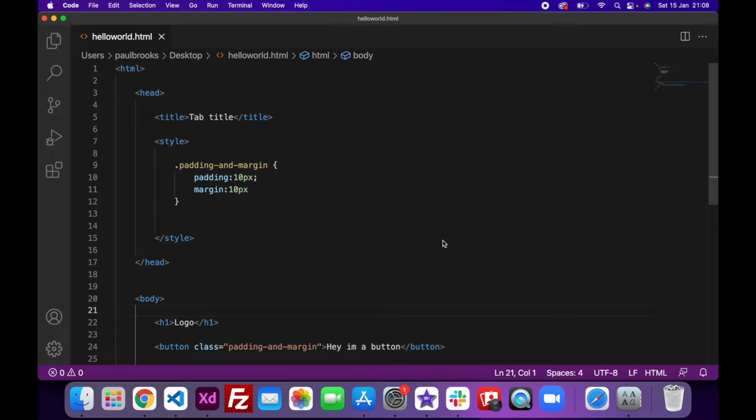Okay, so this is the end of the first section of this Coding for Beginners course. And what we're going to do now is an exercise. We haven't done one of these before. The idea is we're going to take everything we've learned so far and try to use it to actually